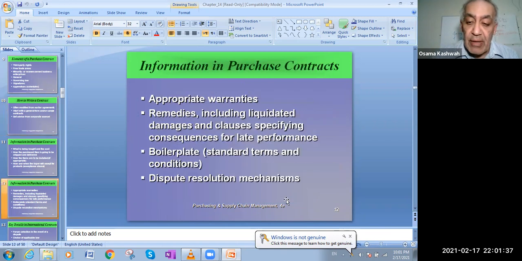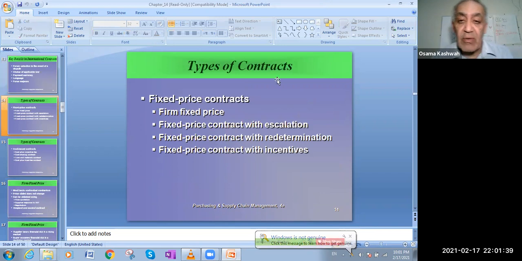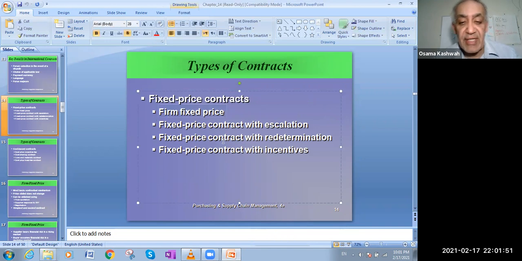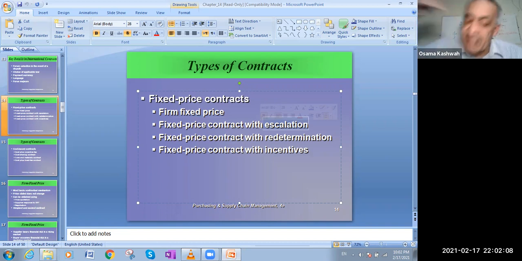We'll go to slide number 14 now. Types of contracts is very important. What are the types of contracts? We have fixed price contracts, firm fixed price. The price of the firm is fixed and does not change. Fixed price contracts with escalation means fixed but escalating, like $20 for the first 20,000 units, then $30 for the second 50,000 units. Fixed price contracts with redetermination,